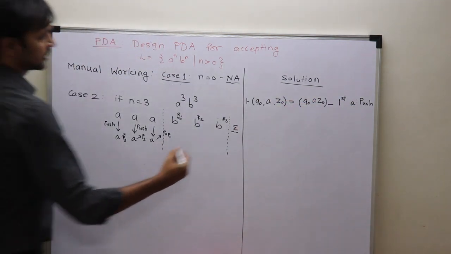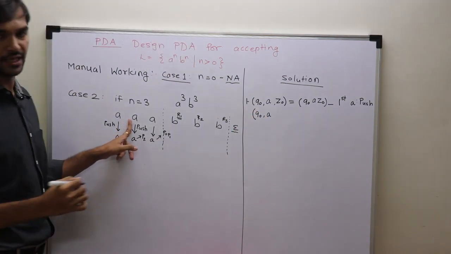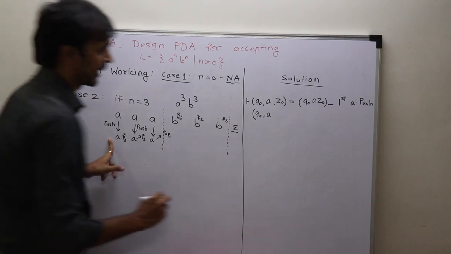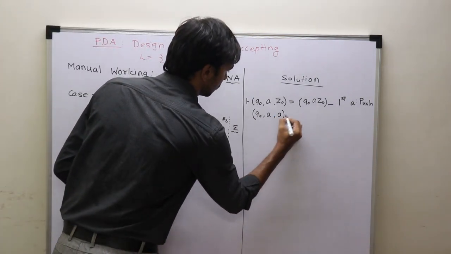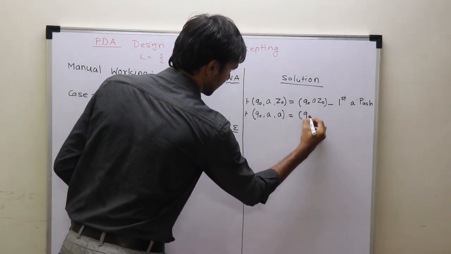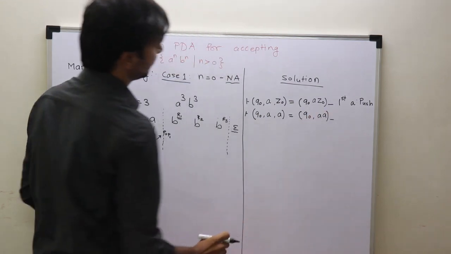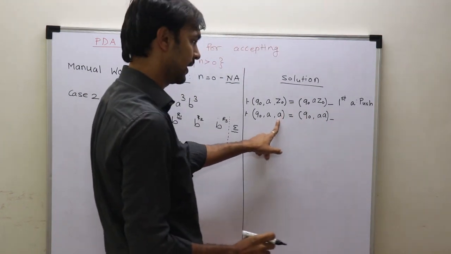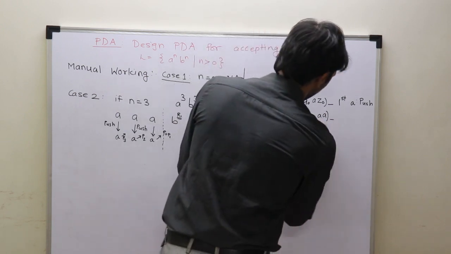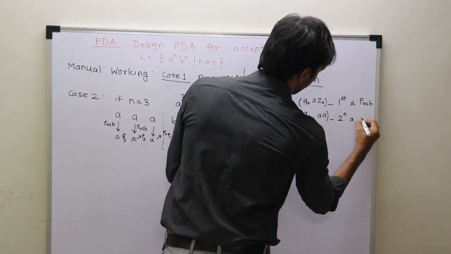Now the machine is still in Q0 state. It is trying to process the second A, such that the first A is already in the stack. So we can write Q0 comma A gives, the machine is still in Q0 and this time we write AA. This AA simply means AA replaces A, which gives the effect that A is added into the stack. So this particular transition is used to process the second A onwards.